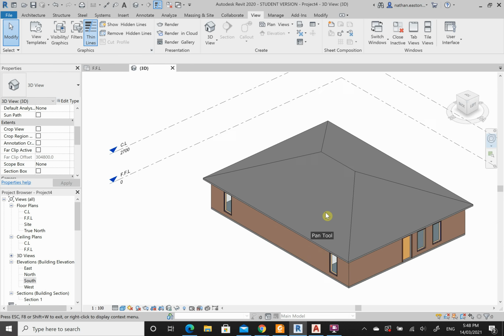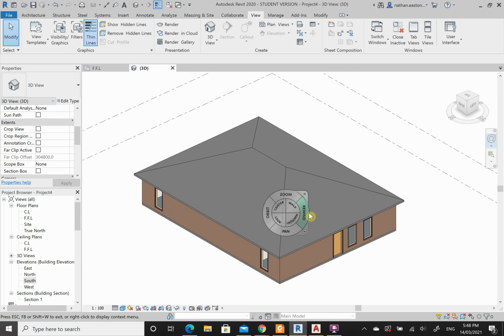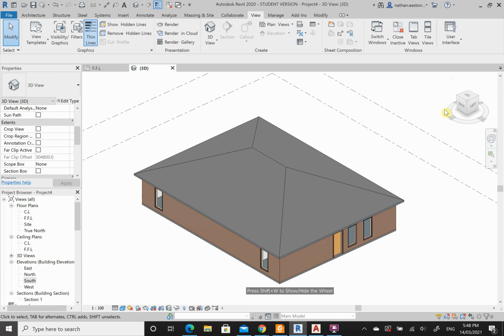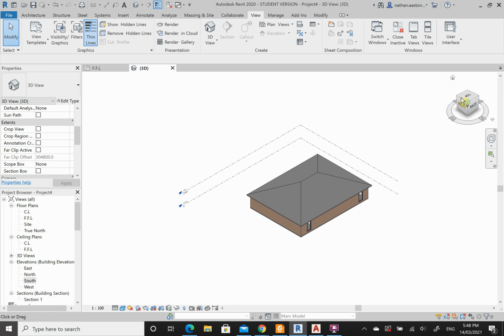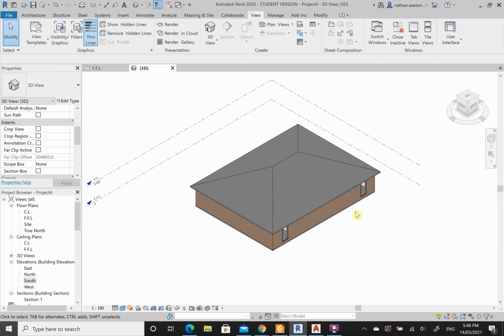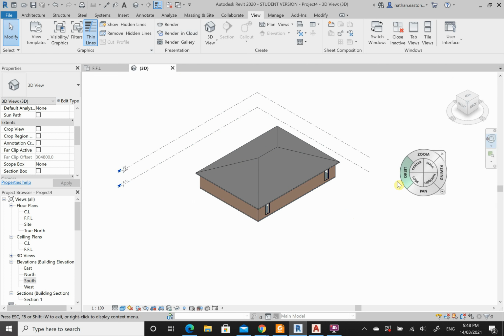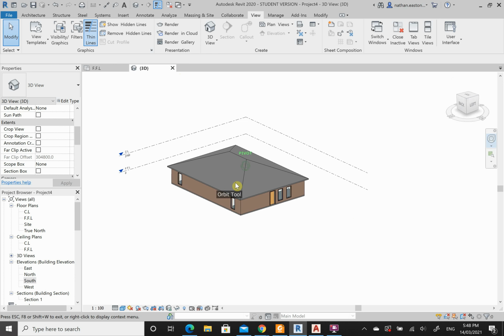Pan lets me move back and forth, up and down, so click and hold and move your mouse. Alright, rewind lets me come back a few steps before. You can also spin it around with the cube up here. Alright, you can click on the cube, you can hold and drag the cube, it's up to you, different ways to go about it. Have a play with it and see what you find best. So like I said, this is one way to draw our 3D model, or to present it, or to start it. Alright, now the other way to do it